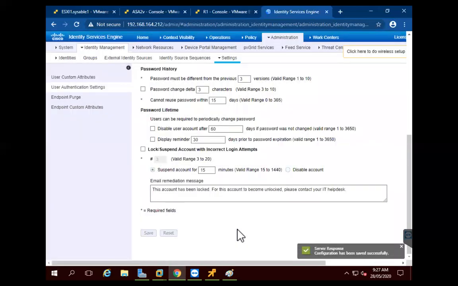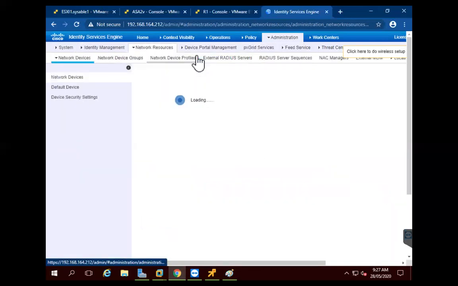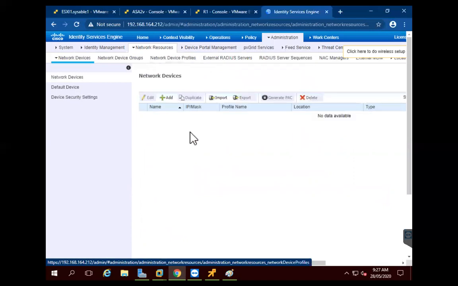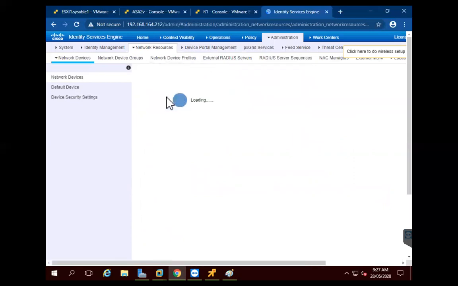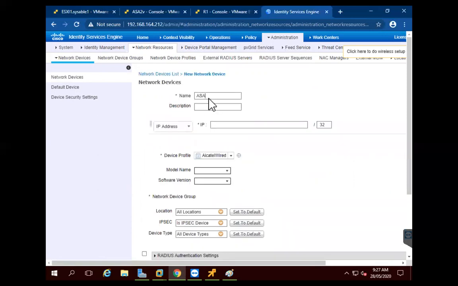Now we will add the device. So what I will do, I will go back to Administration, Network Resources and Network Devices. Here I will be adding the ASA device. That is, click on add and I will say the name as ASA2, to be the same name, and the IP address will be 192.168.164.150 and the subnet should be 32.